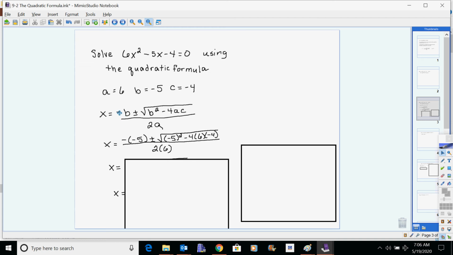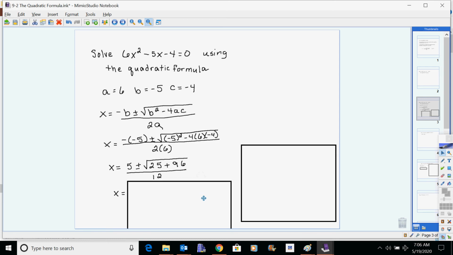Do be careful, because minus, if it's next to a negative, turns into a positive. And a negative squared turns into a positive. So you've got to be super careful on your signs, or you end up getting wrong answers. That's the biggest problem that I see with quadratic formula. But if you're careful and you work this out,